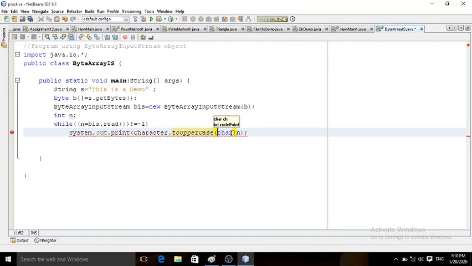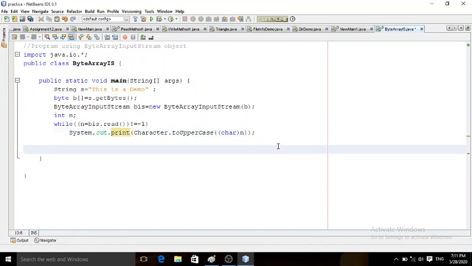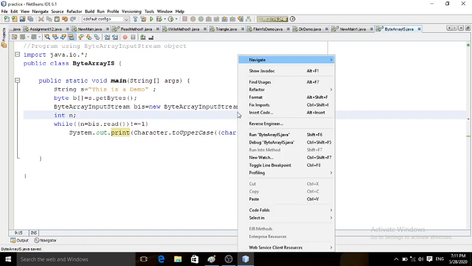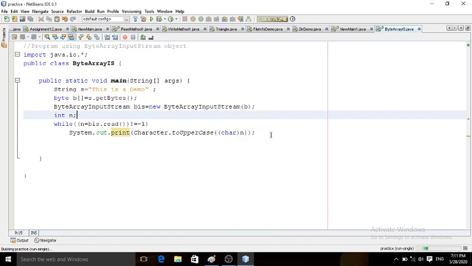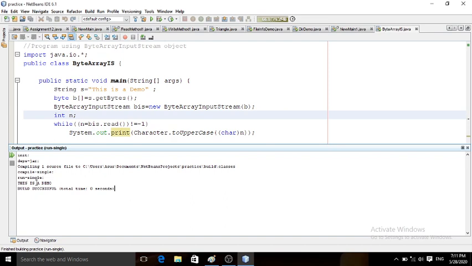This character will now get converted into uppercase. So one more bracket is required. There are two opening brackets, yes, one more bracket is required. Okay, again I save and I run this. See, this is a demo in capitals we are getting because of this Character.toUpperCase method.